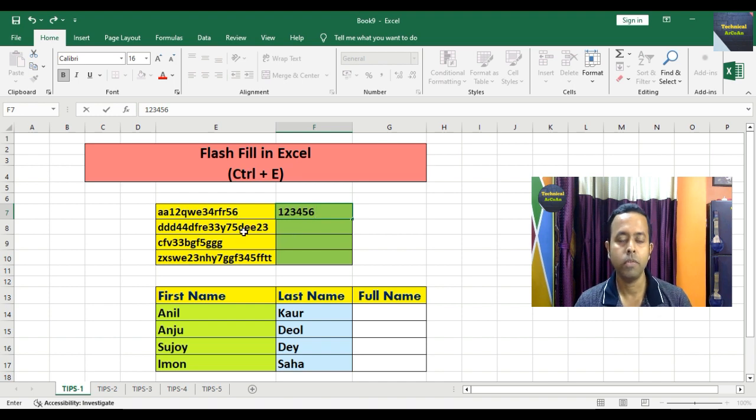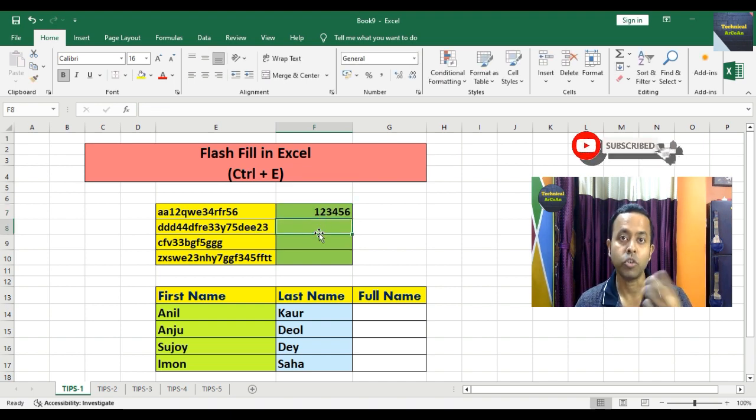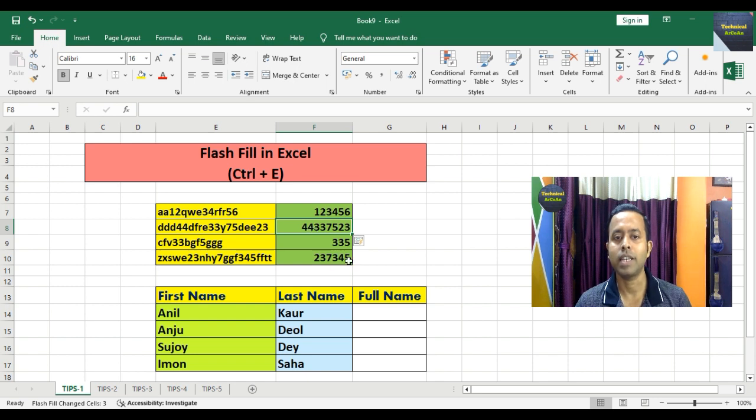Now we want to retrieve only the number for each and every data provided there. So how can we retrieve it using some shortcut? First, we just write it manually, then click on the next cell and press Ctrl+E. Ctrl+E. Just check. Whatever data is given there, only the number is retrieved and put into each and every cell. 44337523 in that way, 335 in that way,